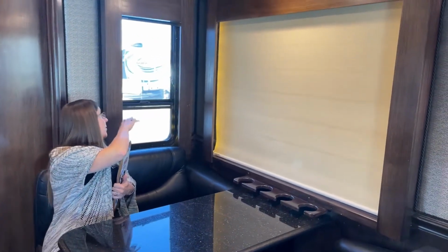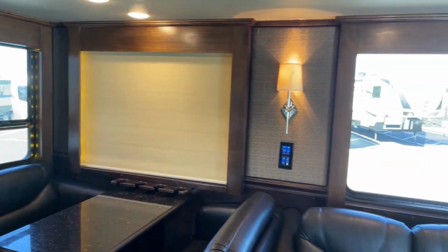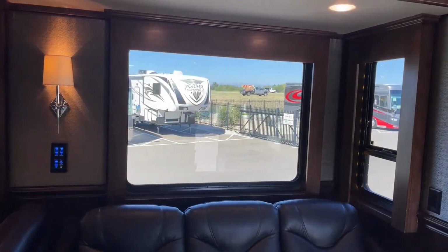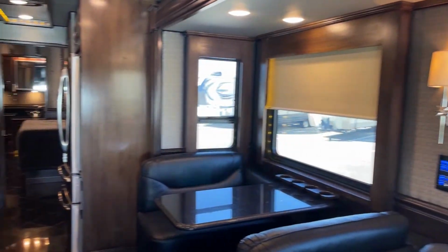So you've got opening vented windows here, power shades throughout, these very cool sconces. But look at the size of these windows. This coach is so ahead of its time. So just love that. Now we're talking about, of course, the Queen today,